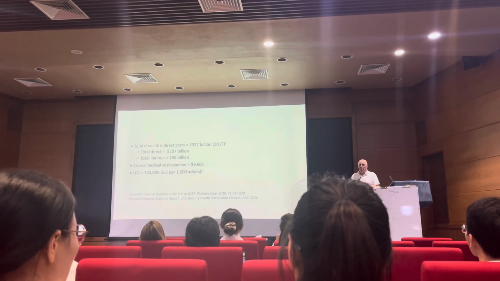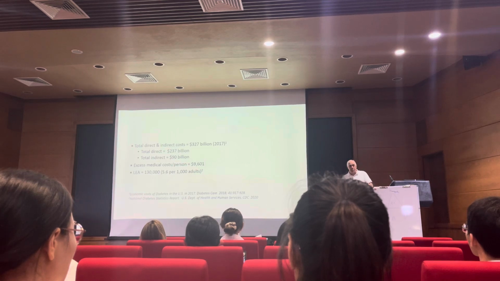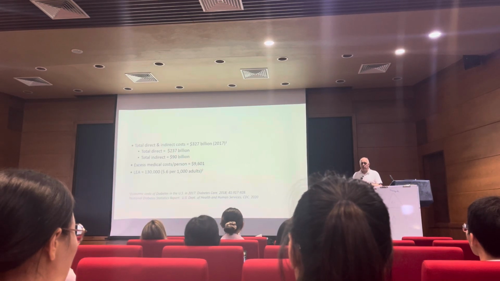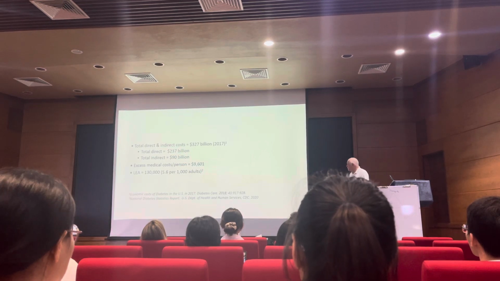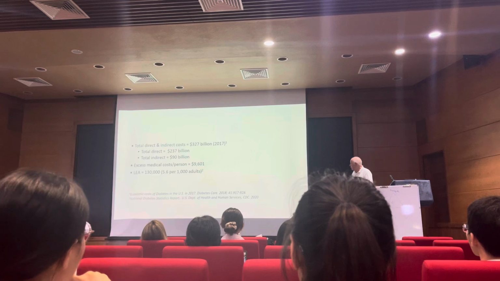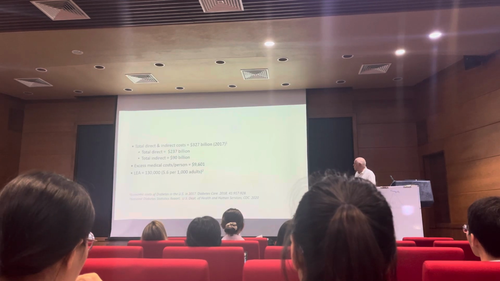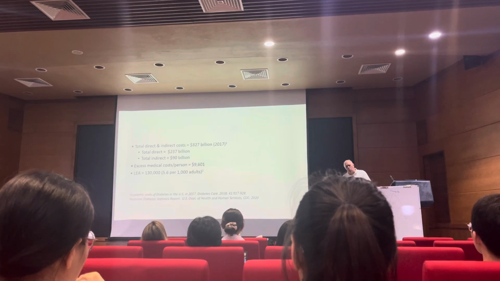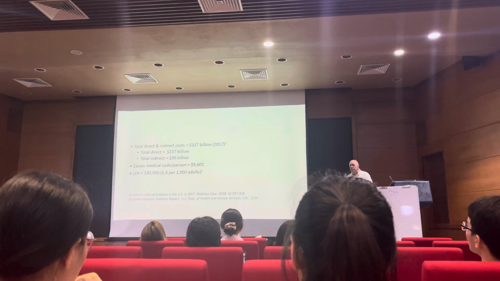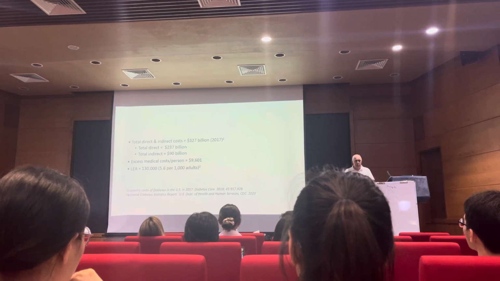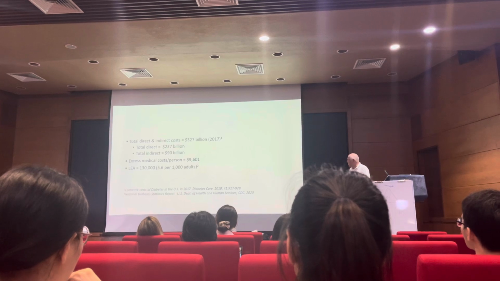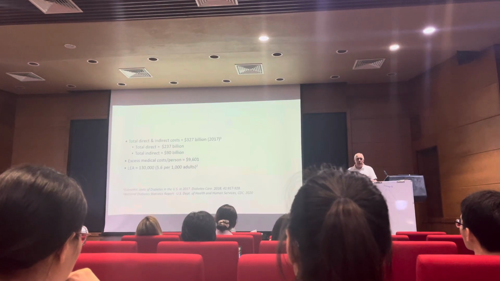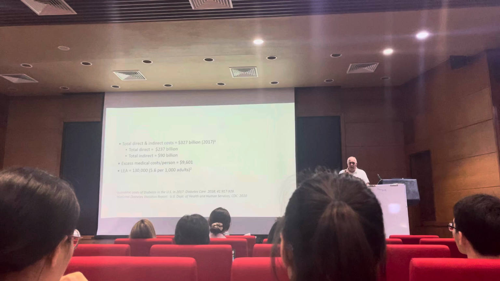Not only is it a serious problem from a medical perspective, it's also a very serious problem from an economic perspective. This is data from the United States. In 2017, it was estimated that there were 130,000 lower extremity amputations performed in the United States in diabetic patients. And the care of the diabetic patient costs the United States over $300 billion a year between direct and indirect costs.